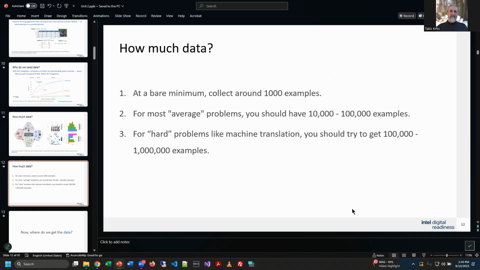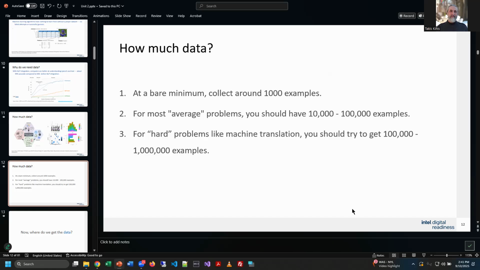So there are some general rules of thumb when you're processing data and trying to build a model to have it recognize things. And this is a general rule of thumb for all of AI, by the way. At a bare minimum, it says get around 1,000 examples in the data set.